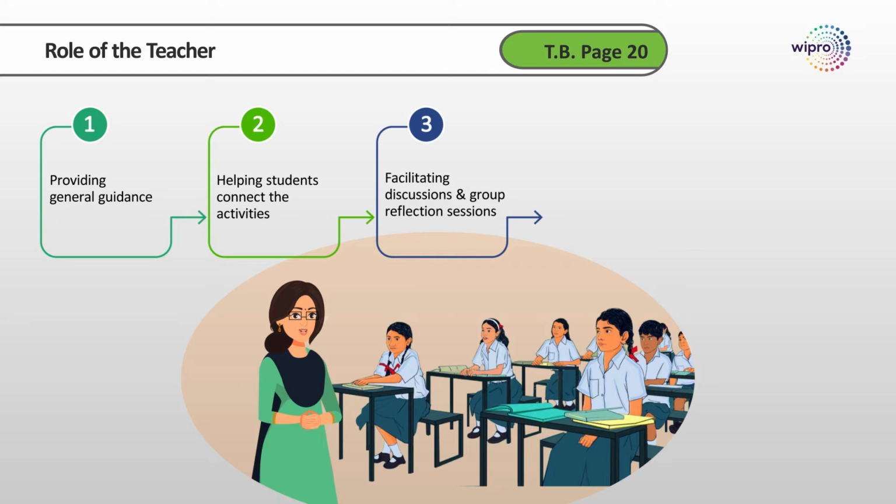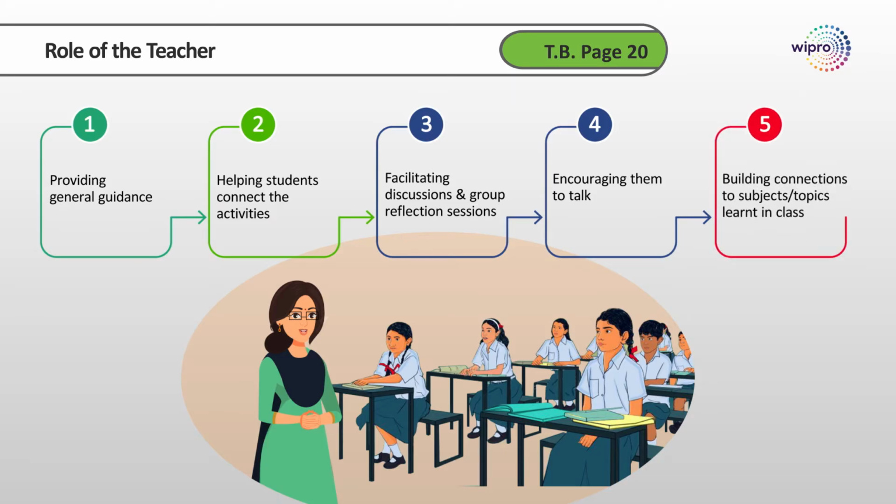Each activity has leading questions to start off the reflection. Apart from adding your points for the students to reflect on, encourage them to come up with their own views and questions. Encourage them to talk to their friends, teachers, school administrators, and family to get as many perspectives as possible. Build connections to subjects or topics learnt in class, as this will not only help with building a strong understanding, but give clues leading to more reflection. This will come in handy for all activities and Part B of the submission.